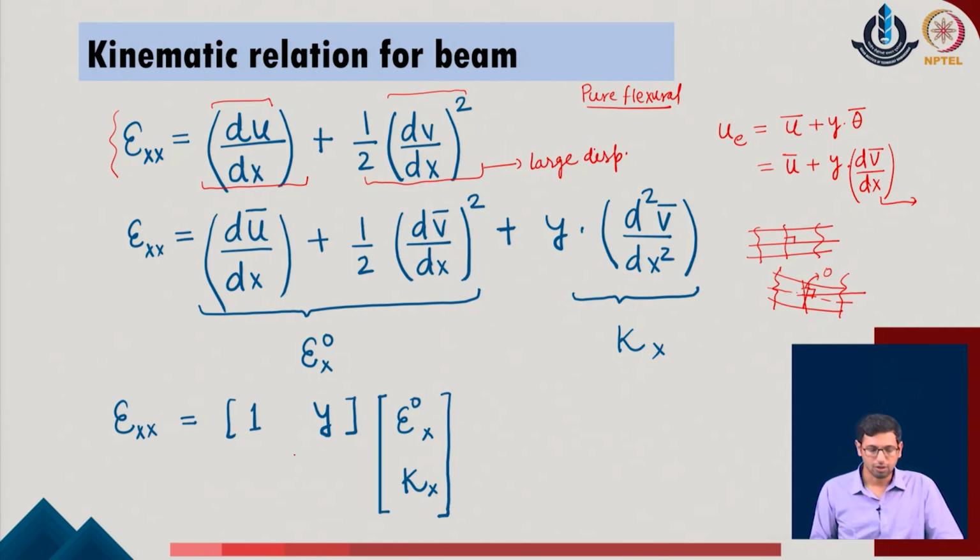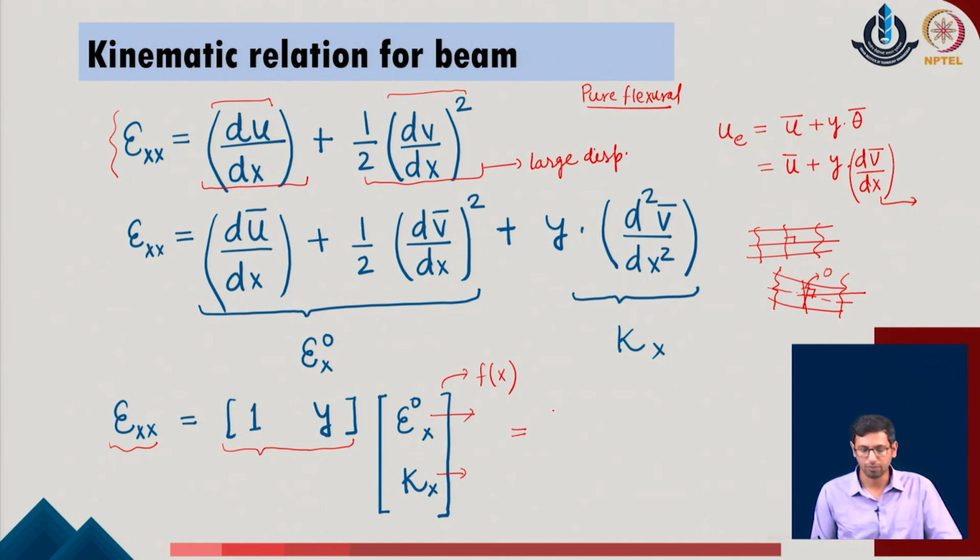With this idea in mind, we were able to identify the overall strain in terms of two parameters. One was the strain with respect to the generalized term of del u upon del x and half of del v bar upon del x square. The second term corresponds to the curvature parameter. Both of these terms are now only functions of x, which is the local coordinate of the member length, whereas the other coordinates, identified with respect to the thickness direction of the system, have been separated from the given field. So, we are not going to include this in the final formulation, and that is why we have considered them separately from the given equation.